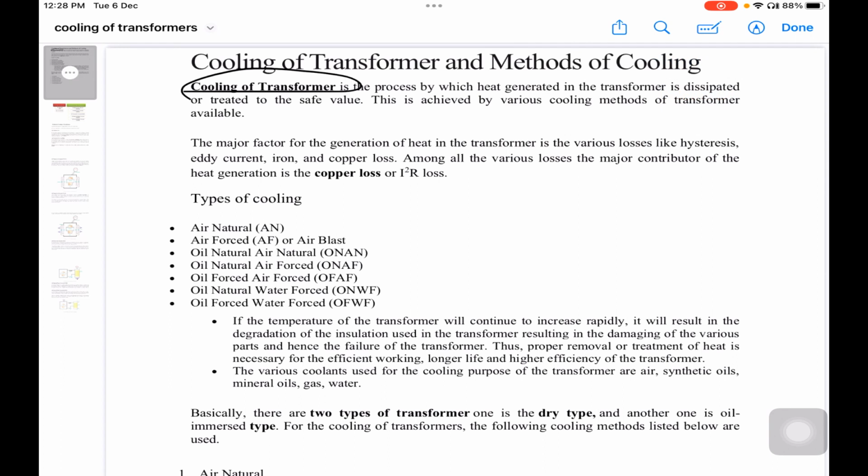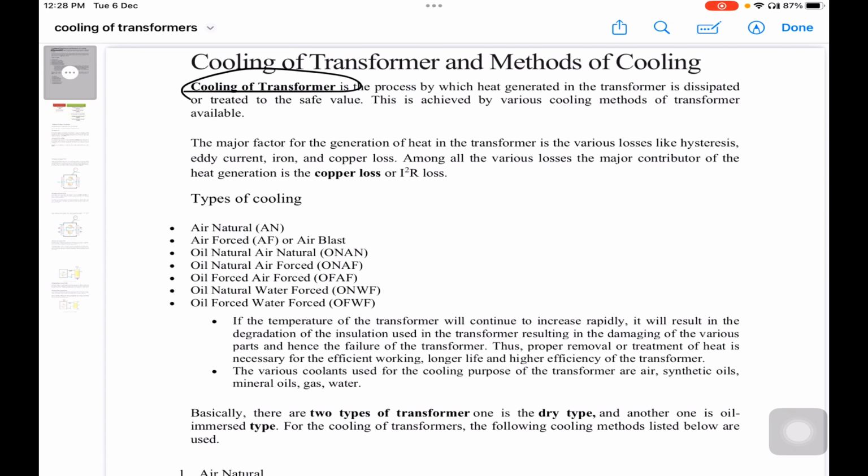Now, cooling of transformer is the process in which the heat which is generated within the transformer while it is operating has to be dissipated, or it has to be treated to the safest value. That means when operating, a transformer attains heat, which has to be dissipated to a safer value. In order to achieve this, there are different cooling techniques installed in a transformer. Now let us imagine no cooling technique